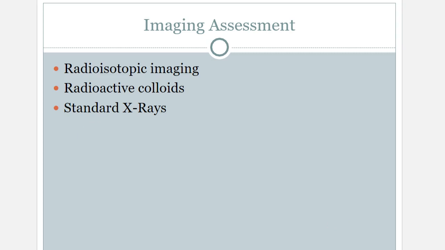And then for radioactive colloids, it may be a test to look at organ size, liver and spleen function, and then of course standard x-rays. One of the manifestations or characteristics of multiple myeloma is bone destruction, in which patients can see a Swiss cheese appearance. And remember, these isotopes they use help to evaluate the bone marrow,